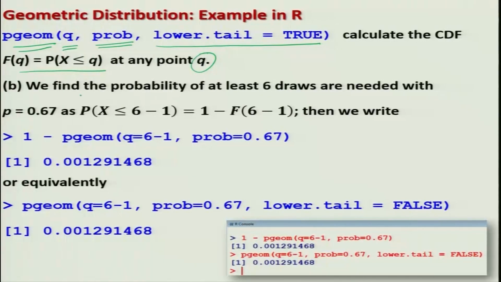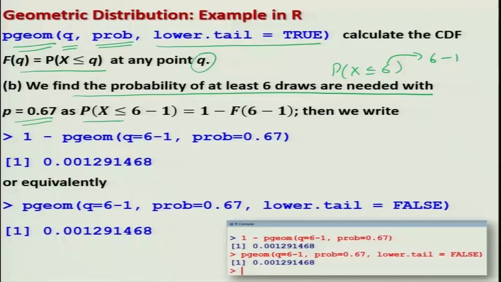So suppose we want to find out the probability of at least 6 draws needed with p equal to 0.67, then that means we want probability that x less than equal to 6, but we specify this 6 in the R software as 6 minus 1. So that means we have to write probability that x less than equal to 6 minus 1, which is equal to 1 minus F of 6 minus 1, and using the command 1 minus pgeom with q equal to 5 and prob equal to 0.67,